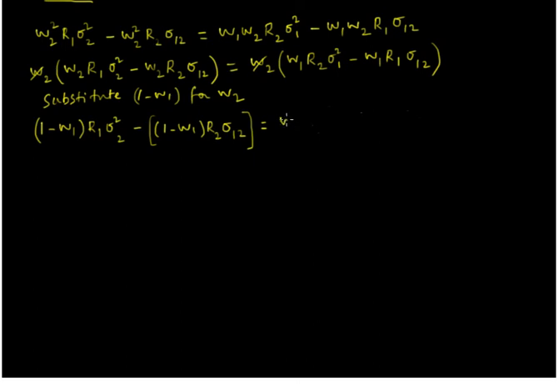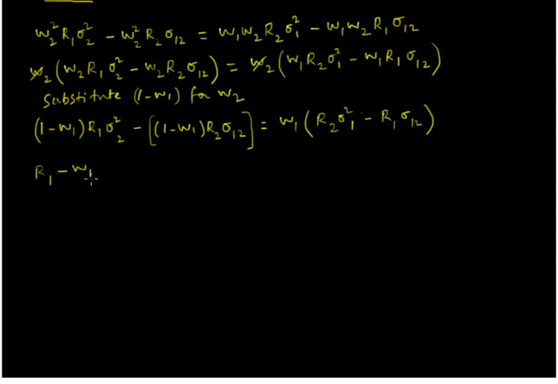So we can say W1, and inside the bracket we are going to have R2 times variance of 1 minus R1 times the covariance between 1 and 2. Let us see if we are getting somewhere. Let us multiply out the terms here first. When we multiply this term, we are going to get R1